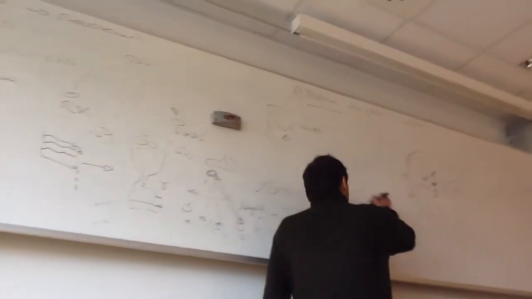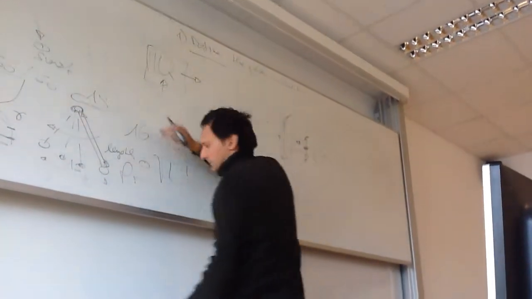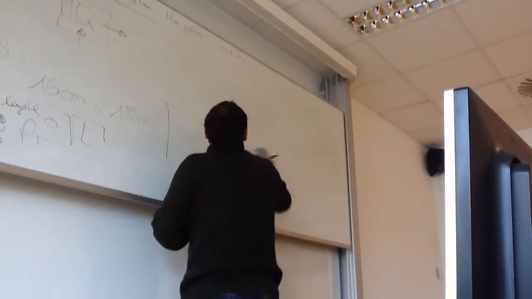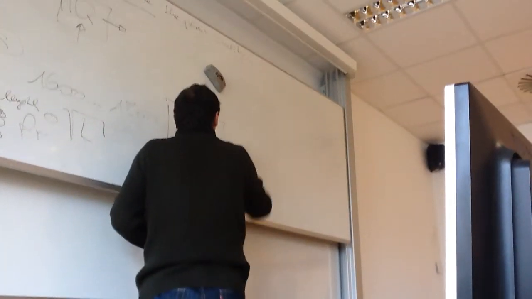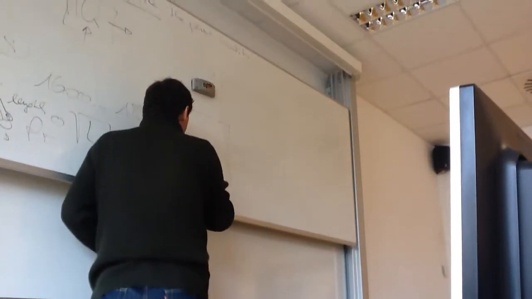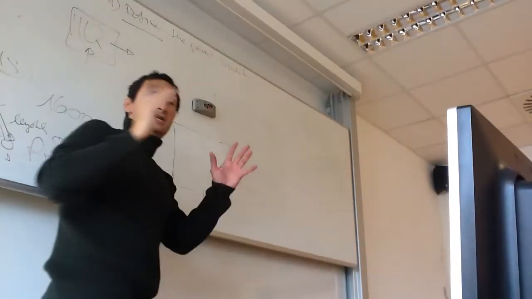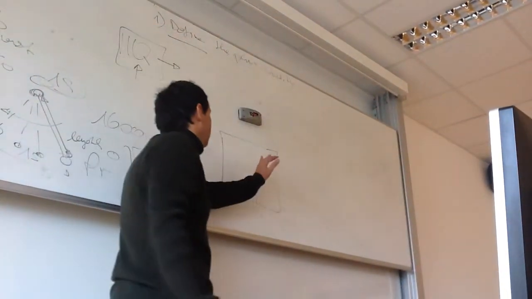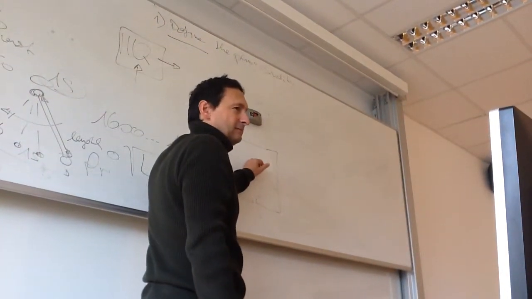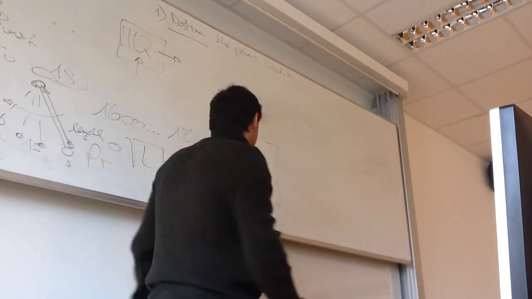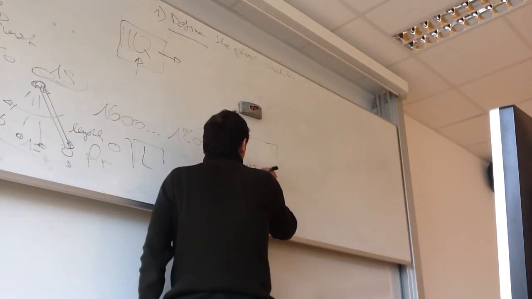So what we are doing is we are taking a cavity. This is just a box. There is nothing in it. So we pump out all the air, so there's nothing in there. And then we put in